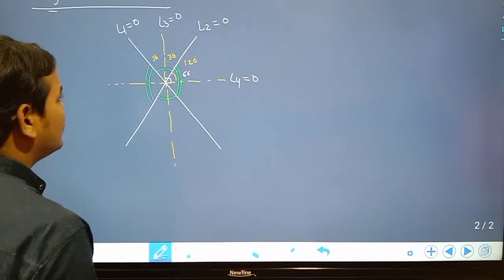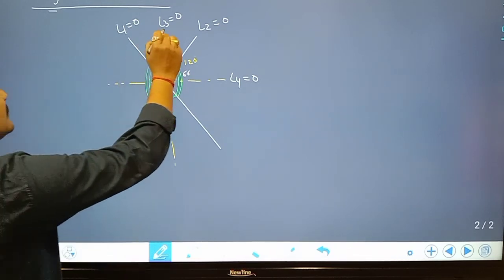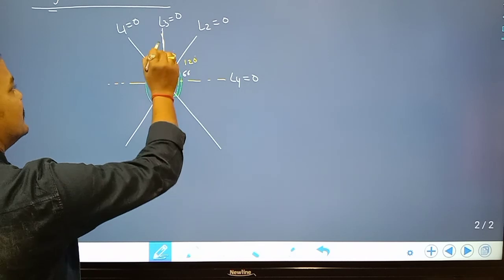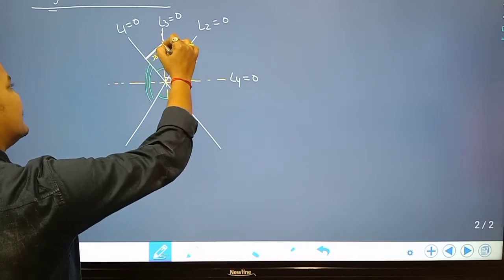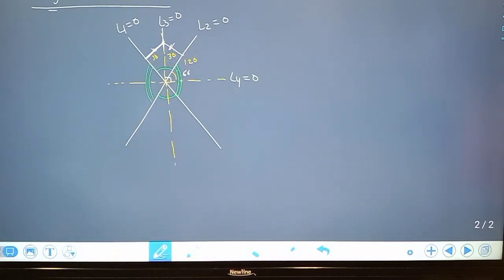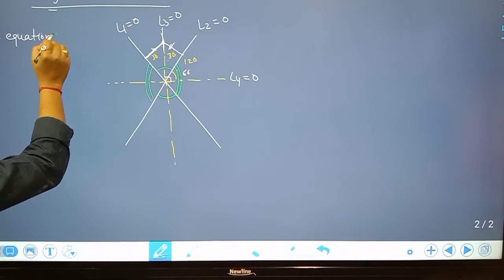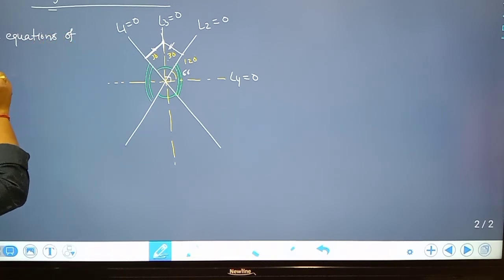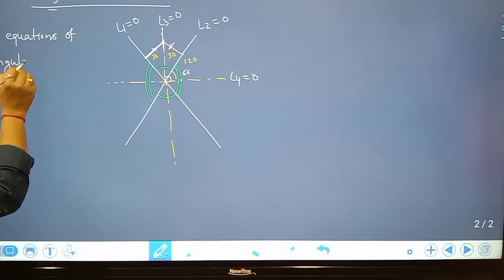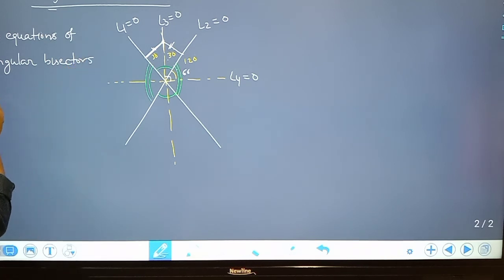Now we are going to discuss the formula for this line equation. If you take any point on this line, you can draw the perpendicular to this line and this line. Both have the same length. That means the equations of angular bisectors of the lines